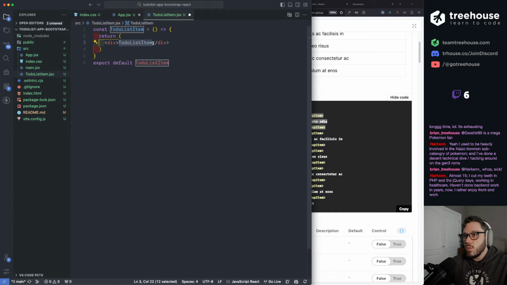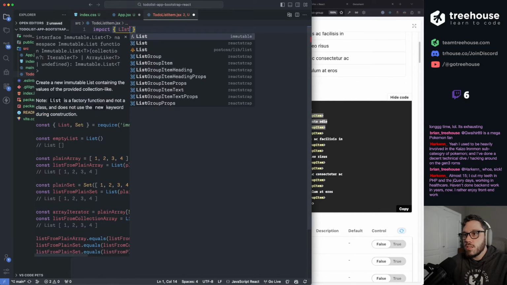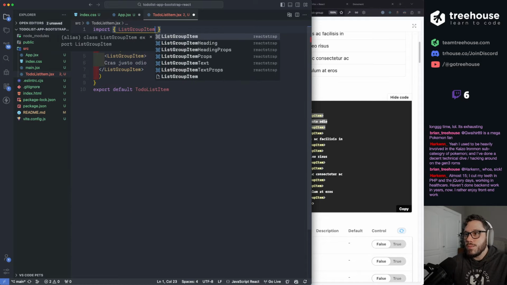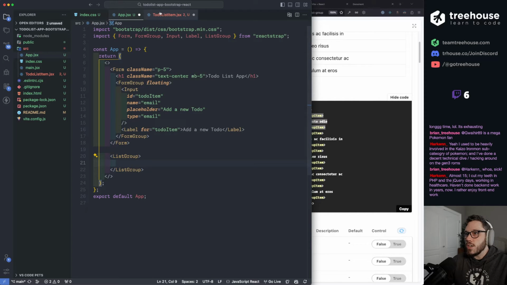This is basically what that's gonna look like. It's just gonna be one of these components. So let's import it. Import ListGroupItem from, what are we importing? From reactstrap.